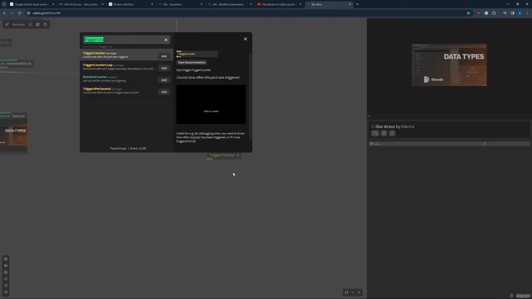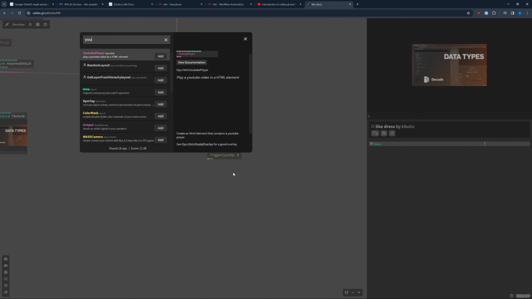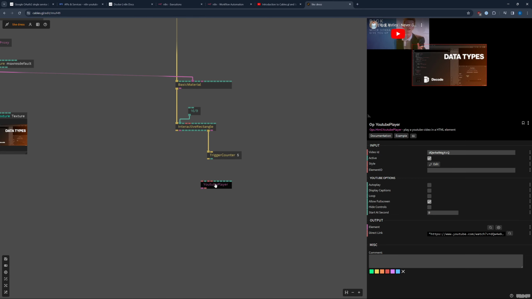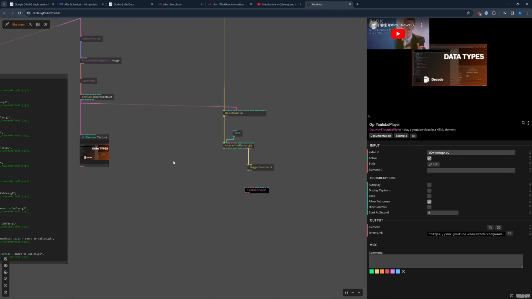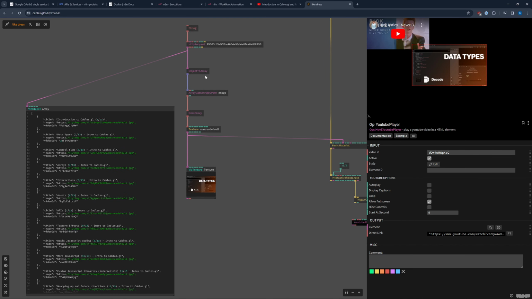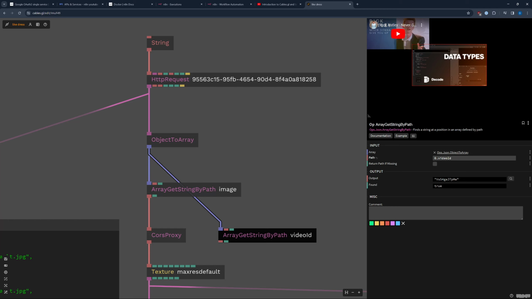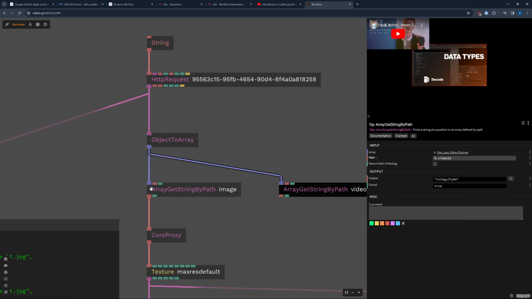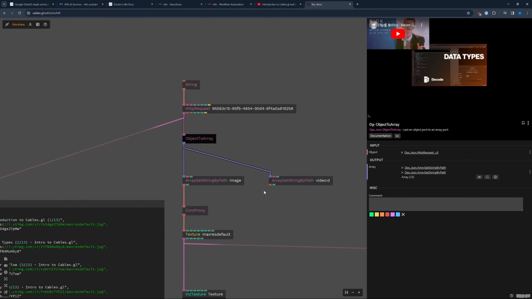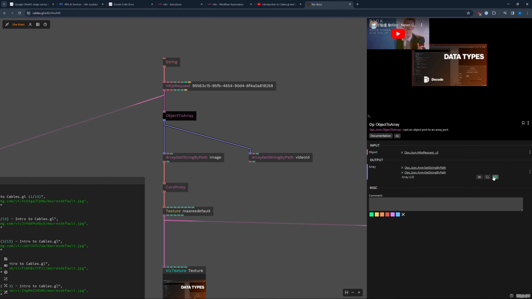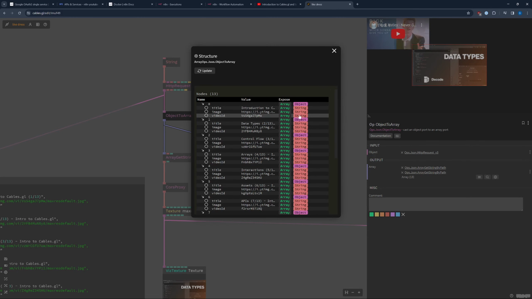I could also use the iframe and YouTube. I think we have also a YouTube node, like a YouTube player. And instead of doing the rickroll, we can simply get the ID that we have here. So I'm gonna go back to my object to array, pull the thing, and I want the video ID. So there's two ways, right? Either we put also this and we change the path here, we change this part of 0, 1, 2, 3, or we go this to an array and we pull, I would say the more classic way, you go here, you take this as an array,